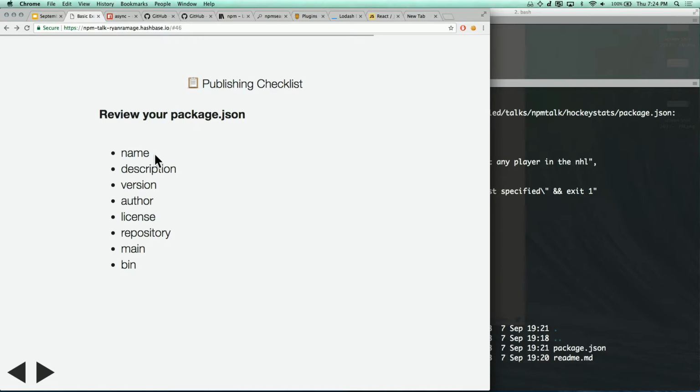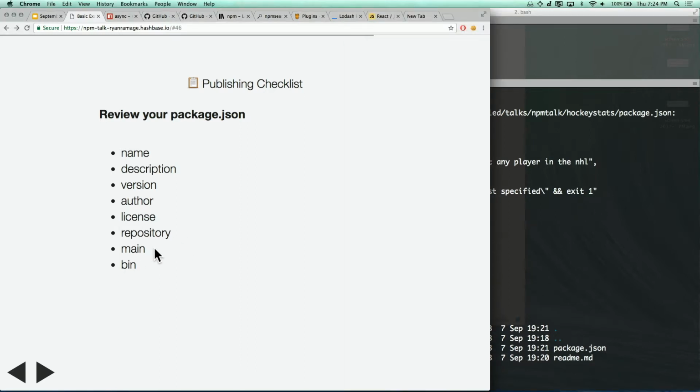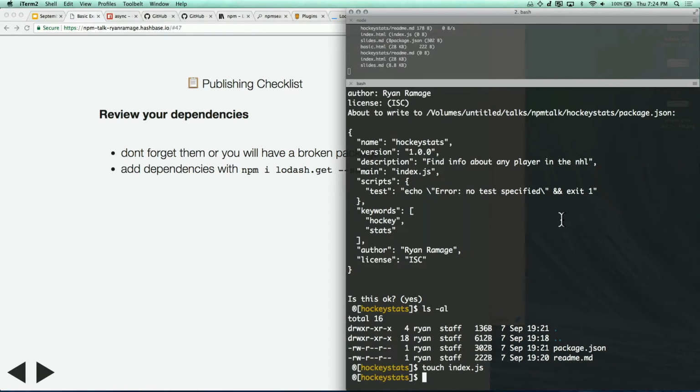so we've reviewed our package.json, so we've given it a name, description. I'd probably want to give a repo and a GitHub. We've filled out the main, so it points to an index.json file. You'll want to review your dependencies, so a lot of times you might go like npm install, so I'll do that